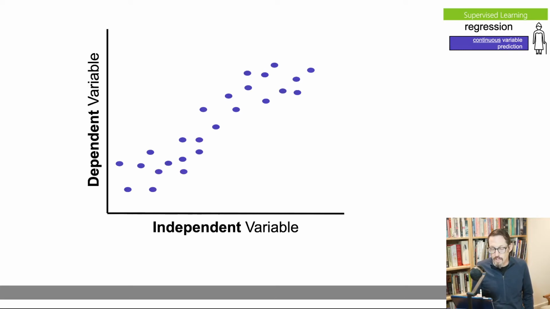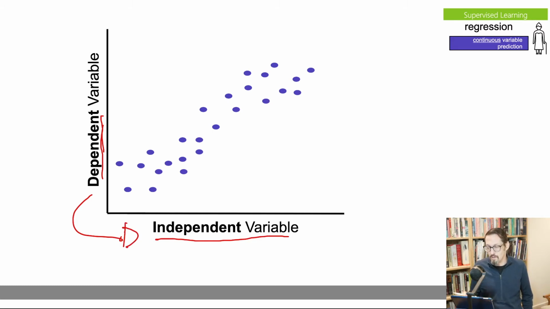So in regression, there is an independent variable. This is the thing that we're looking at on the x-axis. The independent variable is independent. It is just what happens. It's the thing that we're going to be looking at as a factor that could, at the very least, predict the dependent variable. The dependent variable on the y-axis is dependent. And what is it dependent on? Its value is dependent on the independent variable. So this thing down here is what it's dependent on.